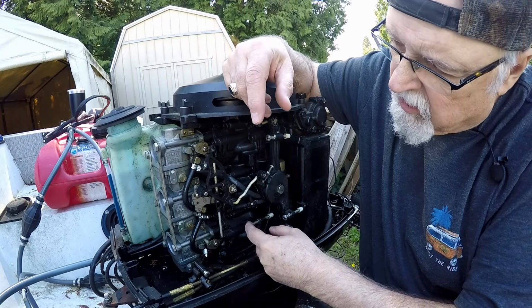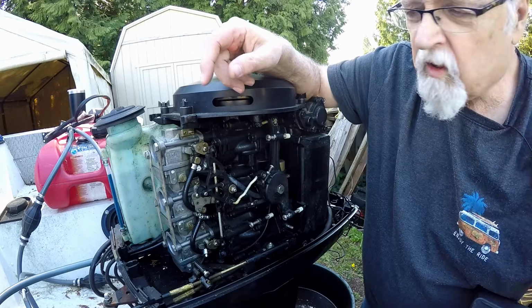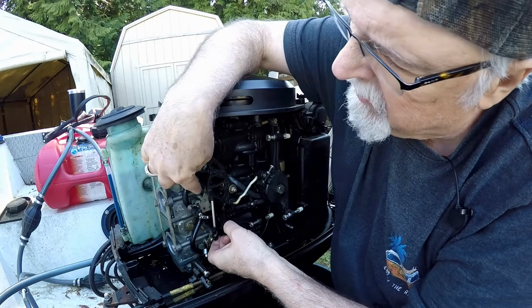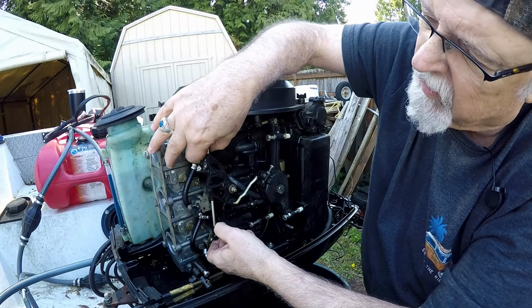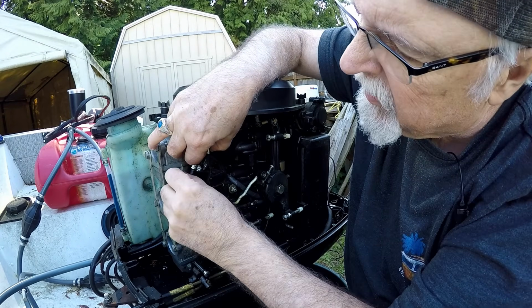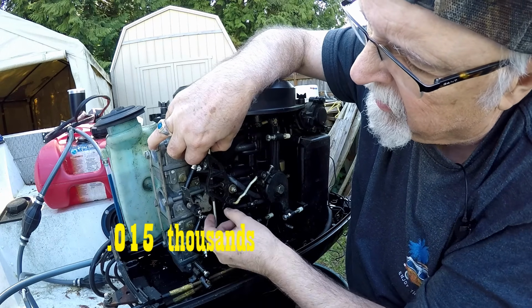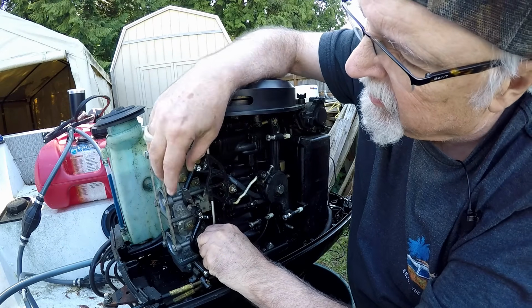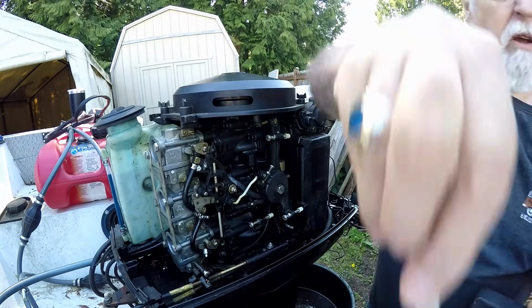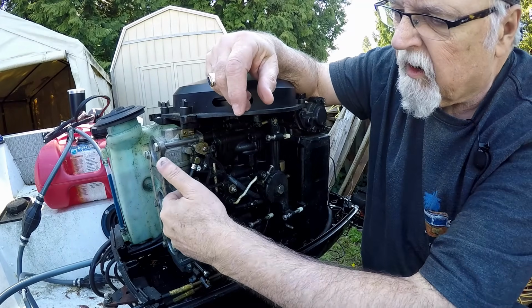And then you're going to adjust this so that, let me put this down there so I don't lose it. So there's a lever over here, right here, okay? I'm going to hold it up with my fingers there, and you put this feeler gauge in there. You don't want it too tight, okay? Right now it's loose, so that's good, okay? So that's set good. If it's too tight, then you loosen this screw up to get it enough gap, because